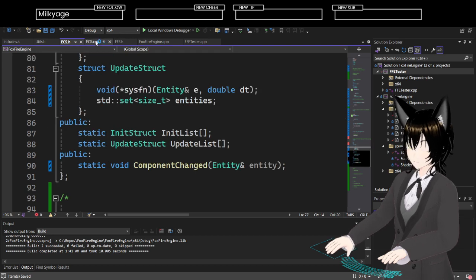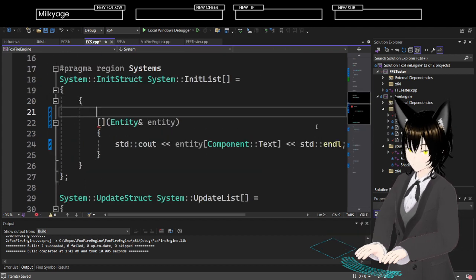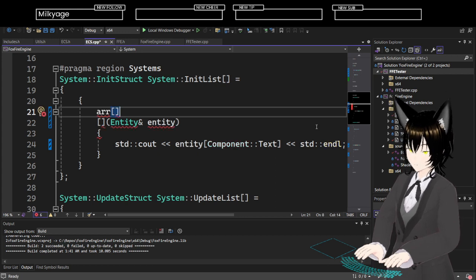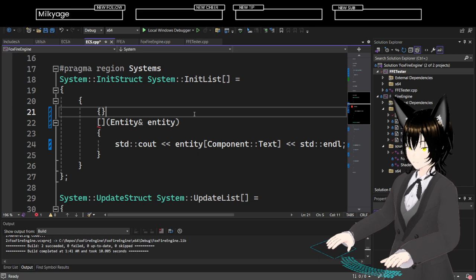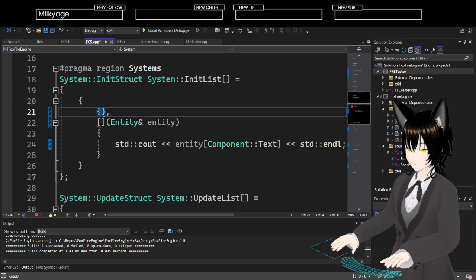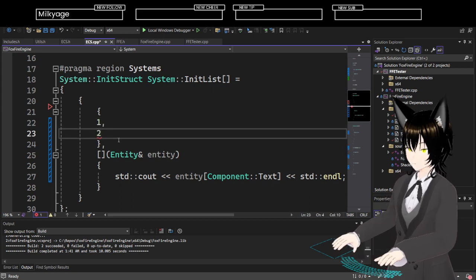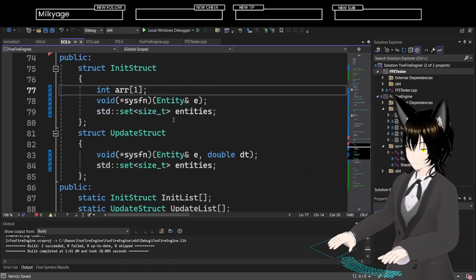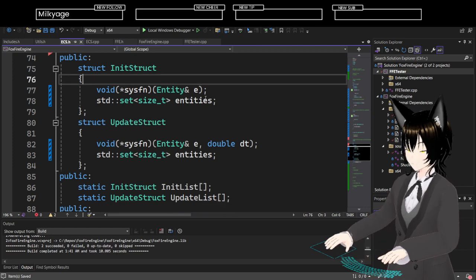What happens if I go into here? Or what happens if I do okay. So it doesn't like it when I do that. That's fine. Because that also needs to be done at the right time.